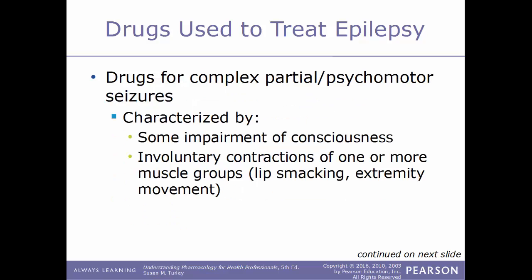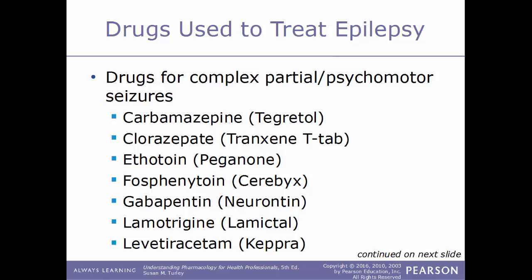When it comes to a psychomotor or a complex partial seizure, these are characterized by having some impairment of consciousness, and you'll also have involuntary contractions of one or more muscle groups, such as lip smacking or extremity movement. Some drugs that could be used to treat this type of seizure: carbamazepine, also known by the name Tegretol; clorazepate, also known by the name Transene T-Tab; ethotoin, also known by the name Peganone; fosphenytoin, known by the name Cerebex;